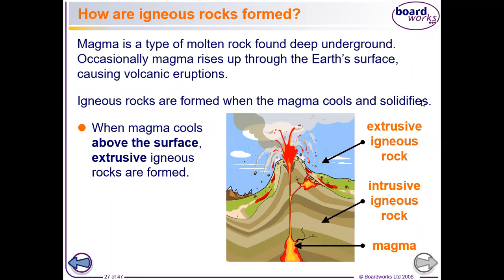So can you remember the extrusive igneous rock? Yeah, I can remember this one. What do you think happened to them? They formed on the surface of the earth. Yes, they formed on the surface of the earth. What do you think they have? Do they have big crystals or small crystals? They got big crystals because